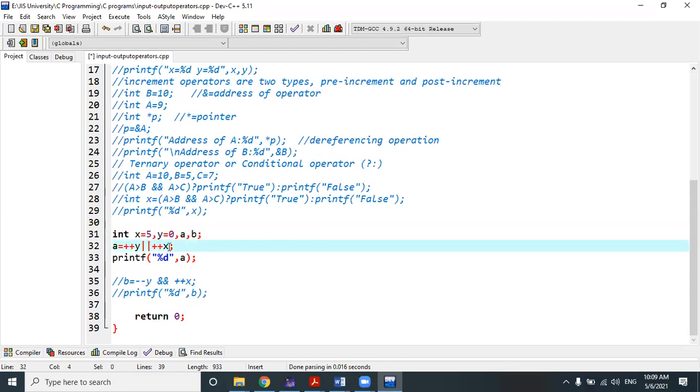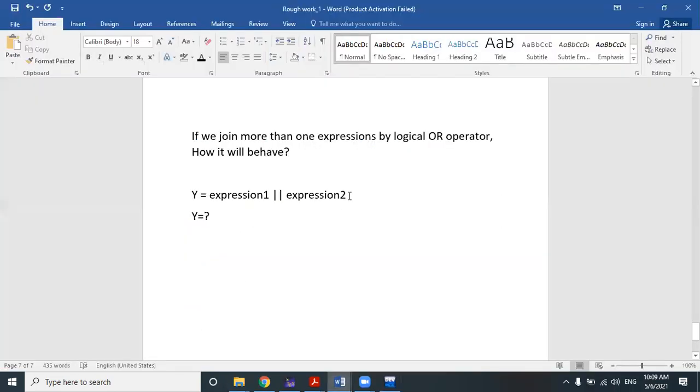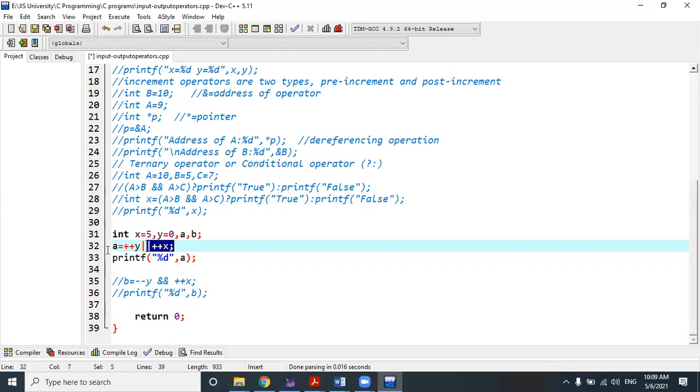Now in the next line, you can understand this line is equivalent to this line, right? All of you agree with it? So a equal to plus y is one expression, logical OR, plus x. So we are combining the logical OR operator along with the pre-increment operator. In the last class I clearly discussed pre-increment and post-increment.